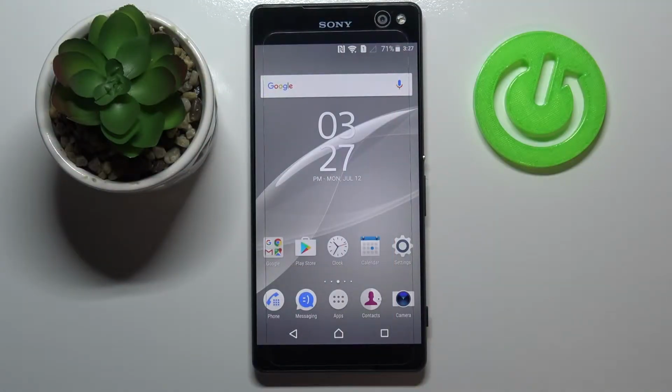Hi everyone, here we've got SONY Xperia C5 Ultra, and let me share with you how to enable developer options